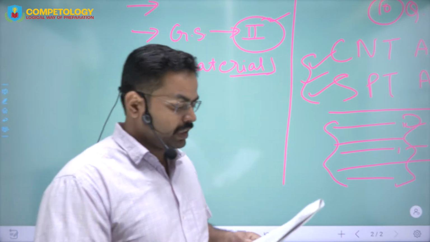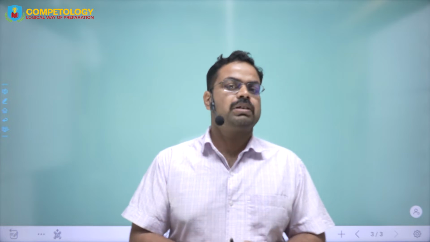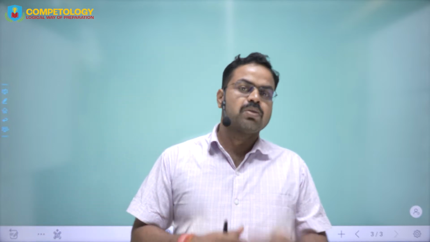Next is the history and economic development of Jharkhand. Jharkhand came into existence on 15th November 2000. Before that, whatever the economic history of Bihar and of this region was, was the history of Jharkhand. So we will have a cutoff date of 15th November 2000, and thereafter we will read the economic development of Jharkhand